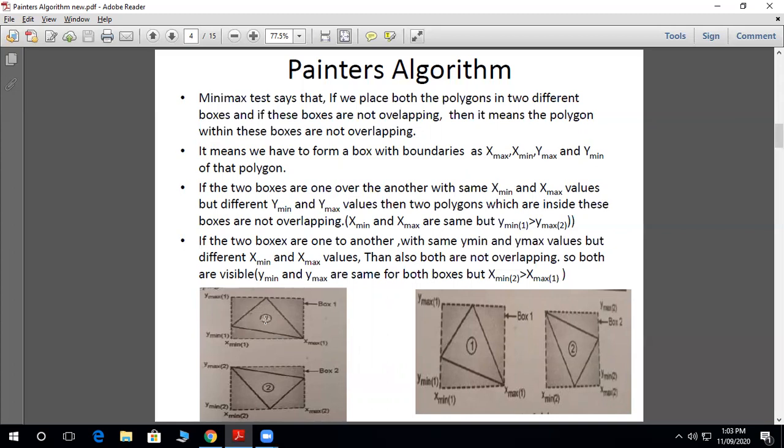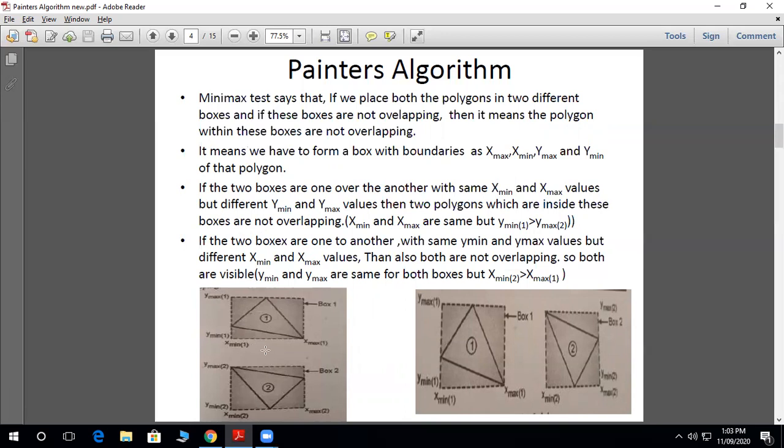Here you can see the first polygon and the second polygon. Consider the two boxes, one over the other, with the same x min and x max values.